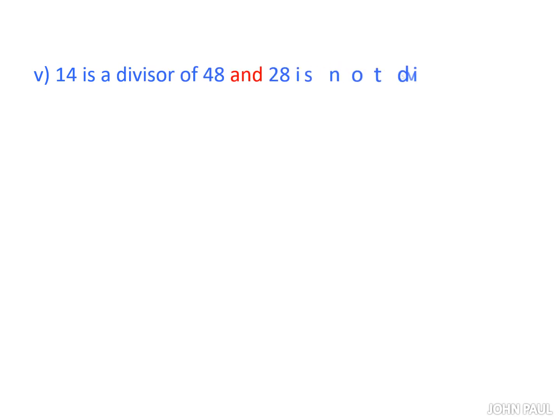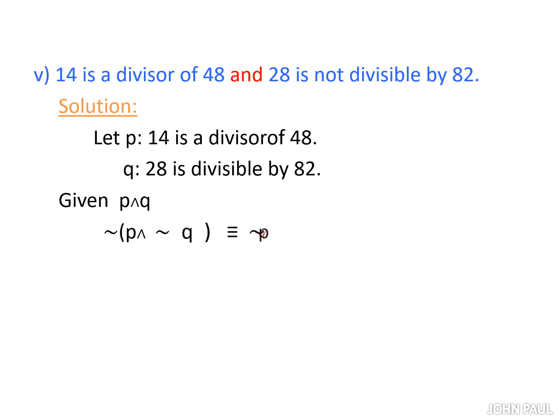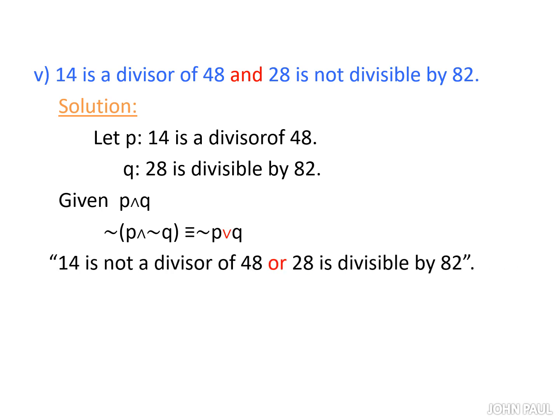Fourteen is a divisor of 48 and 28 is not divisible by 82. Solution. Here we have two statements P and Q. Find the negation for this. The negation statement is